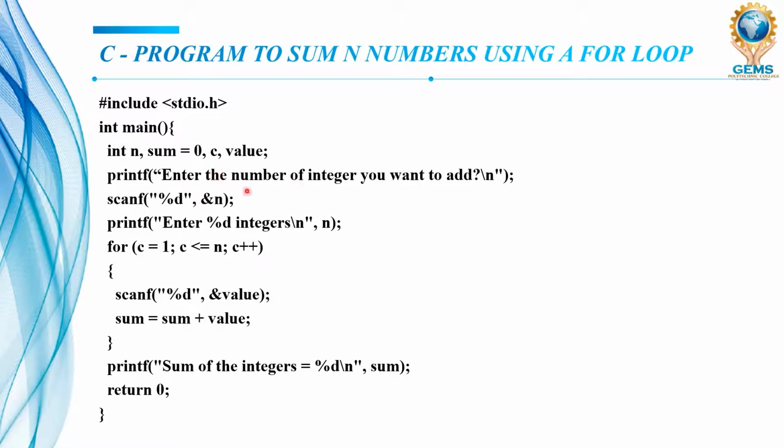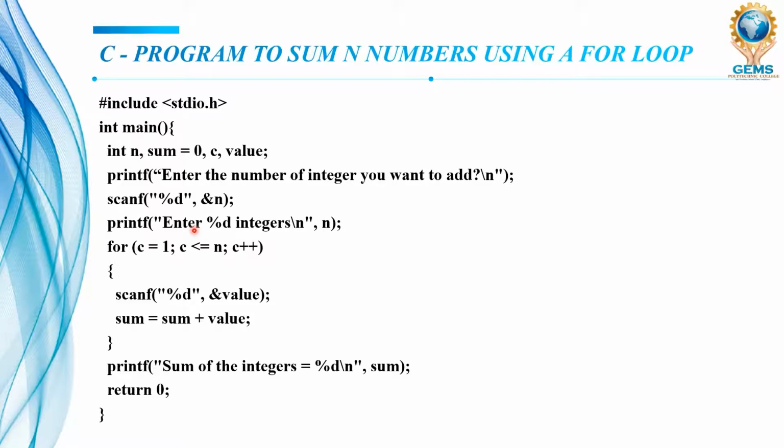So suppose the program will enter 4, so that 4 will be stored by scanf. This is the input taking from the user. So scanf means taking the input from the user. Now printf, enter integers. That means which integers? 4 integers. Suppose we printf they have to enter 4, then here now they are going to be integers. They are going to enter 4 integers. So they are going to be integers, all 4 here.